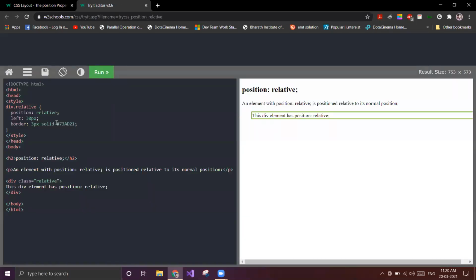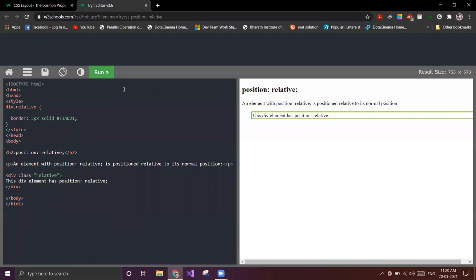Here this is the div which has position relative. If I remove the position and left, it has become position static, because if we don't apply anything, it will be position static. So this is the normal position of this div element.